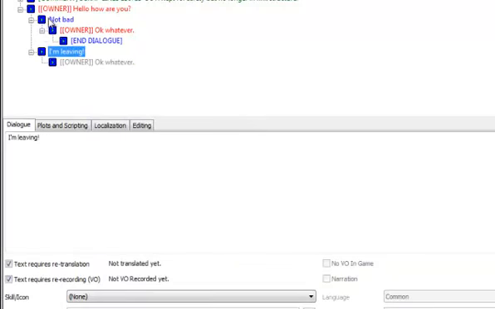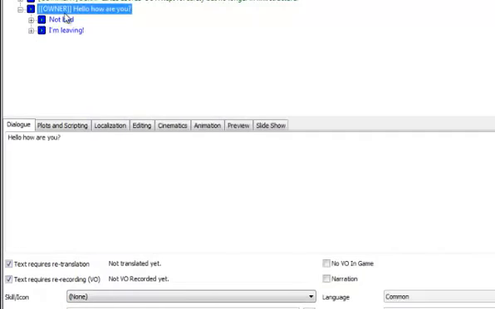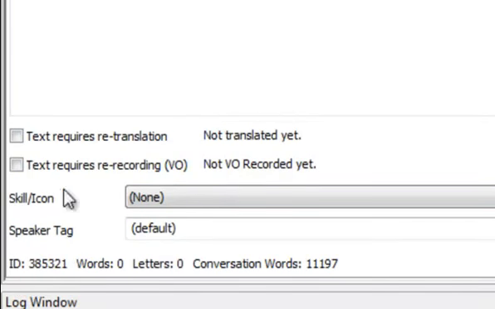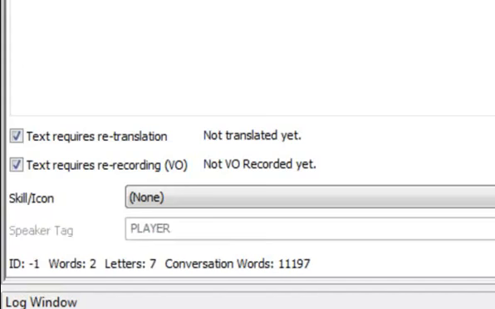Okay, so not all that complicated or anything, but until we save, if you look down here, it's got ID equals -1. If I were to save this, it would give me an ID like a really long number like this. Actually, even longer than this, because this is included in the game, so they have all the very early on IDs. So until we save it, and I'm not going to save it because I'm editing a main file here, it's going to be -1.